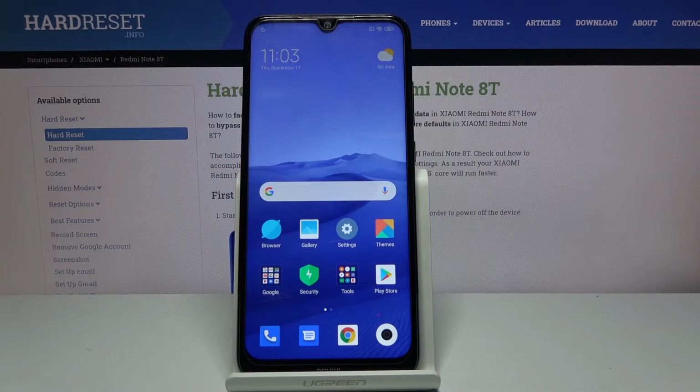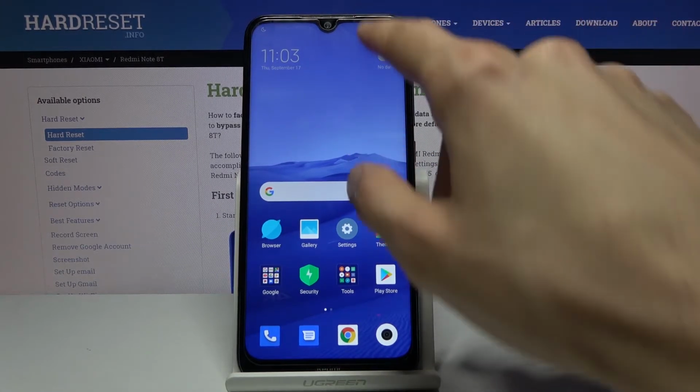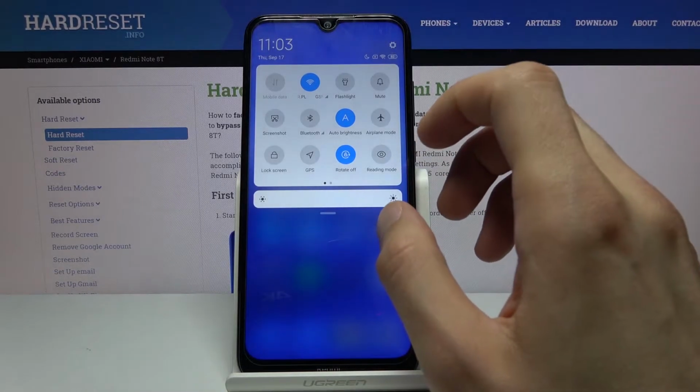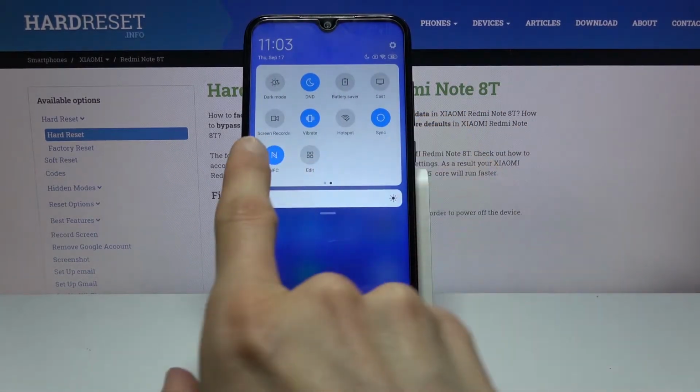Welcome, your phone is a Xiaomi Redmi Note 8T, and today I'll show you how to record a screen on the device. So to get started, simply pull down the notification panel and find the screen recorder, which for me